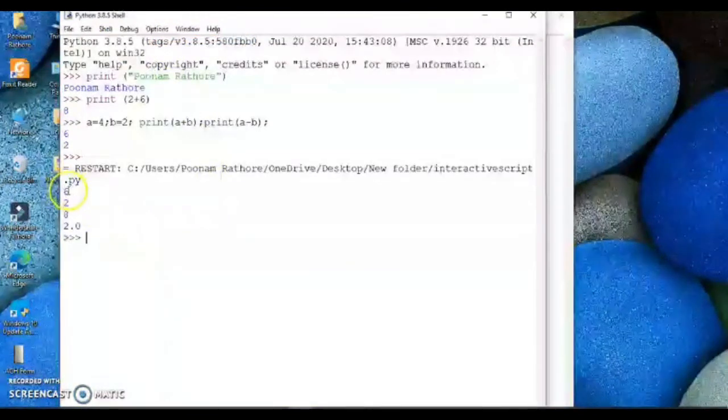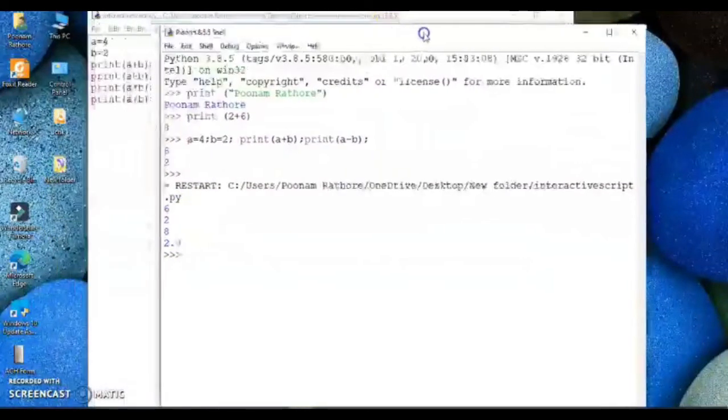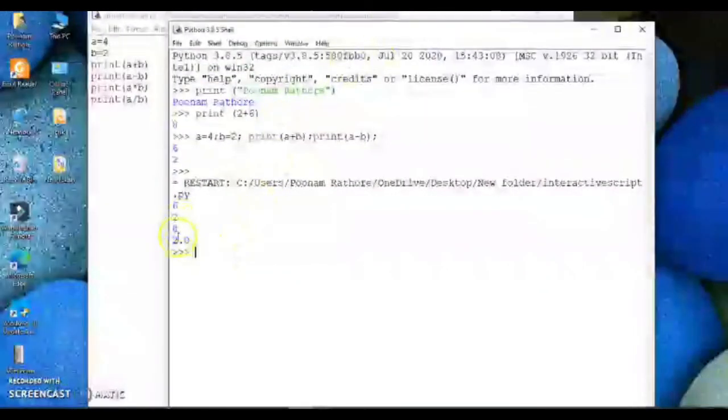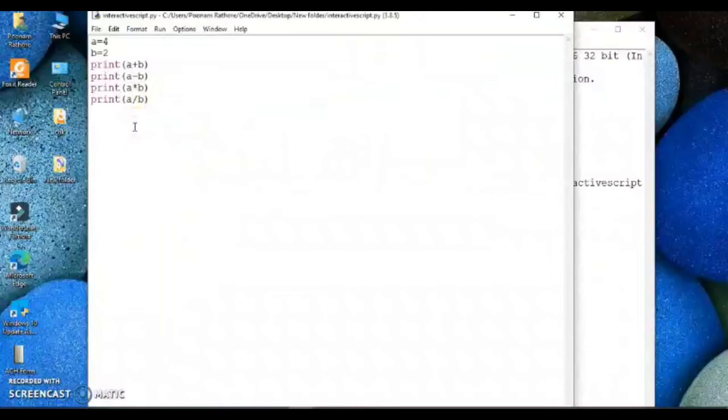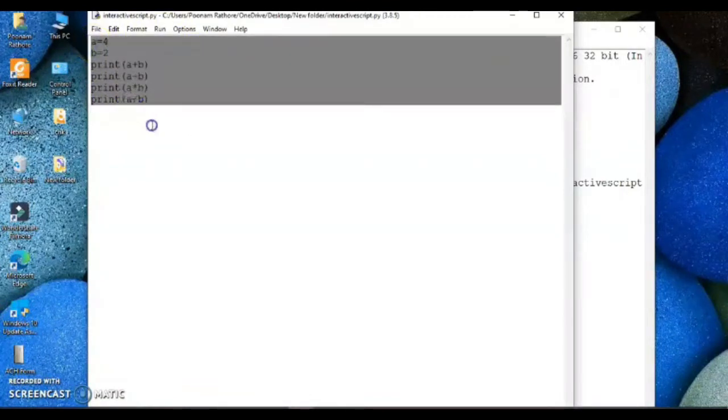Here you can see the output. The first one is the sum, then difference, then multiplication and division. So if you want to execute a single line, you can use interactive mode. Otherwise, if you want to execute multiple commands, you can use script mode.